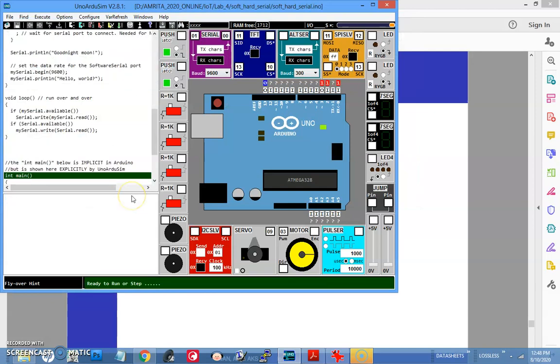What I do here is transmit some characters from the inbuilt or default serial port and receive them from a soft serial port. Repeat, I will send some characters from the built-in serial port and receive them from the virtual soft serial port.